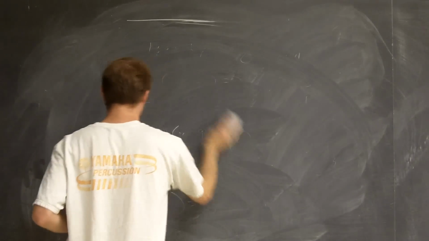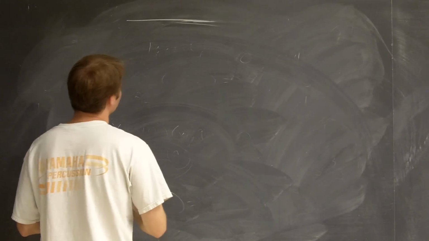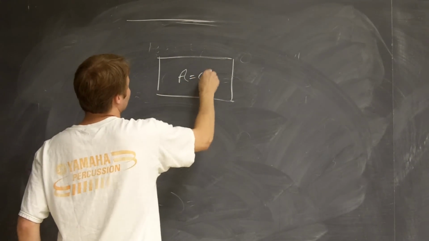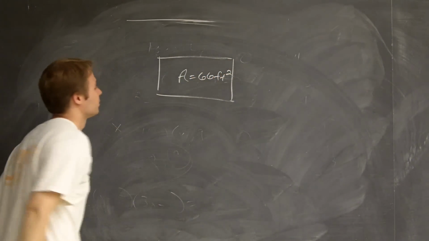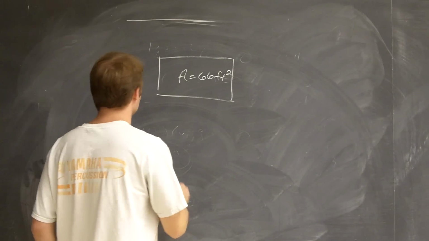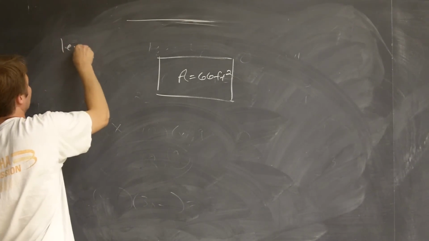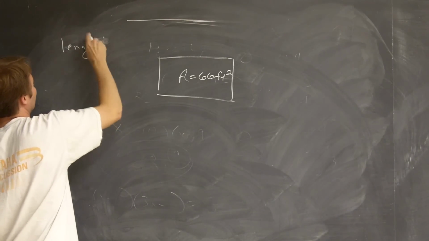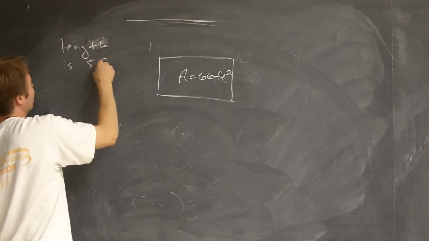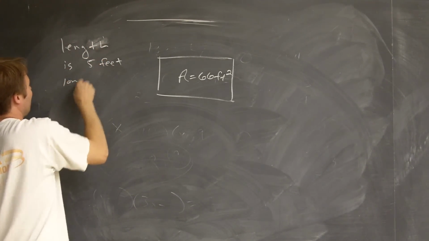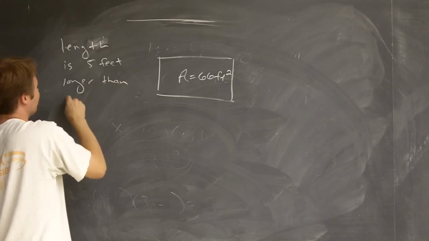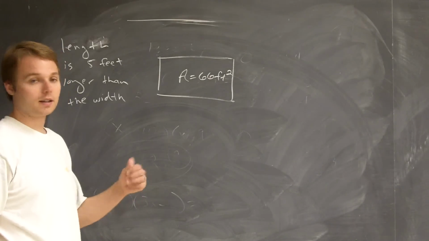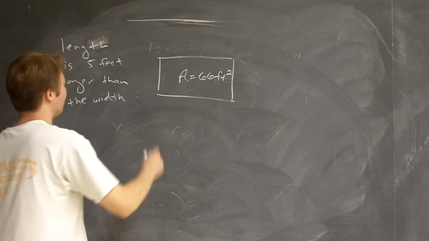In the next application, I told you that there's a rectangle that has an area of 66 square feet, and then I told you that the length is 5 feet longer than the width. Okay, so let's just assign some variables to this. Maybe we'll call the width